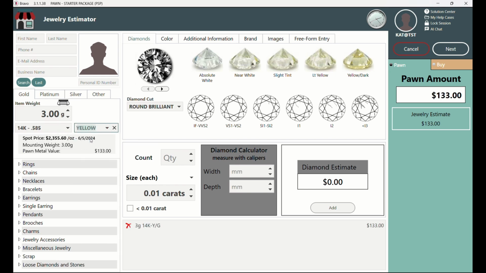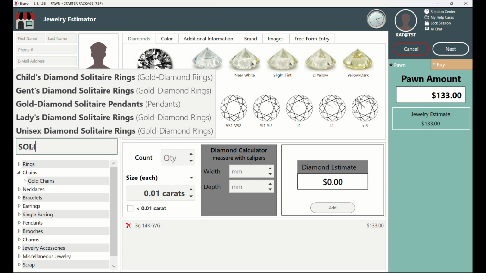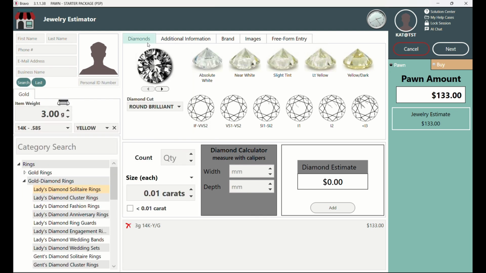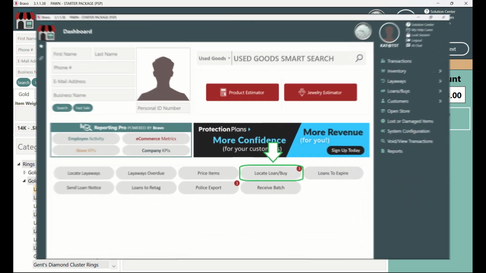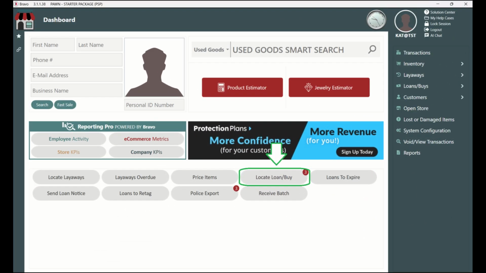To categorize the item, you can click on the options below or simply start typing what it is. For diamonds and stones, you can use the estimator to help input the details, or you can skip this step altogether. You can add more item details here, like the length or size of the piece, and its location if you know where it will go. Otherwise, the items can be located after the transaction is completed and tracked by a track list button on the